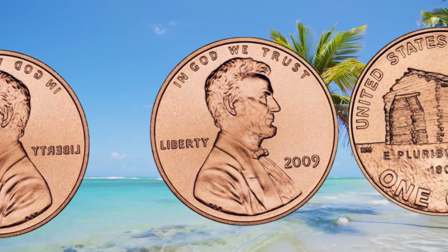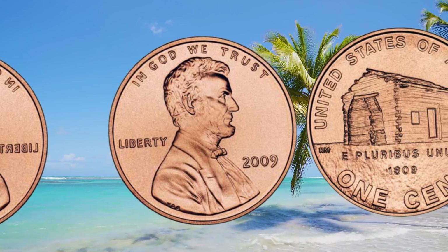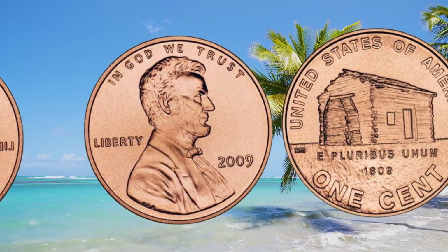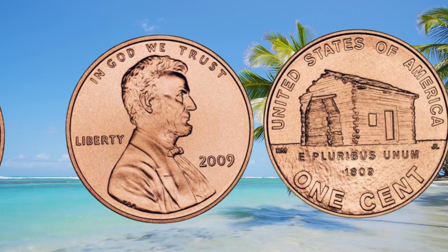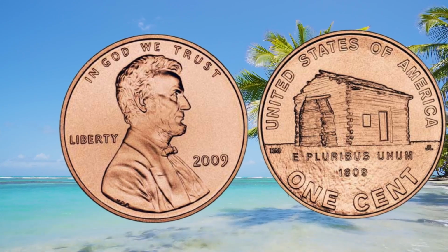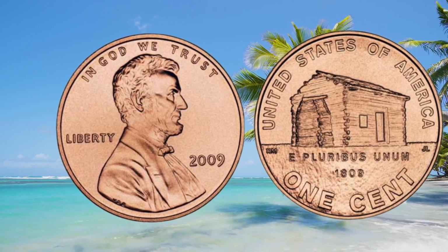What if I told you that a single penny, yes, a single penny, could be worth almost $1 million? No, this is not a scam, and it's not a joke. It's a reality for collectors and savvy sellers who understand the true value of rare coins like the 2009 Lincoln Penny with the back 1809 mint mark. Stick with me, because by the end of this video, you'll know if you have one of these rare treasures